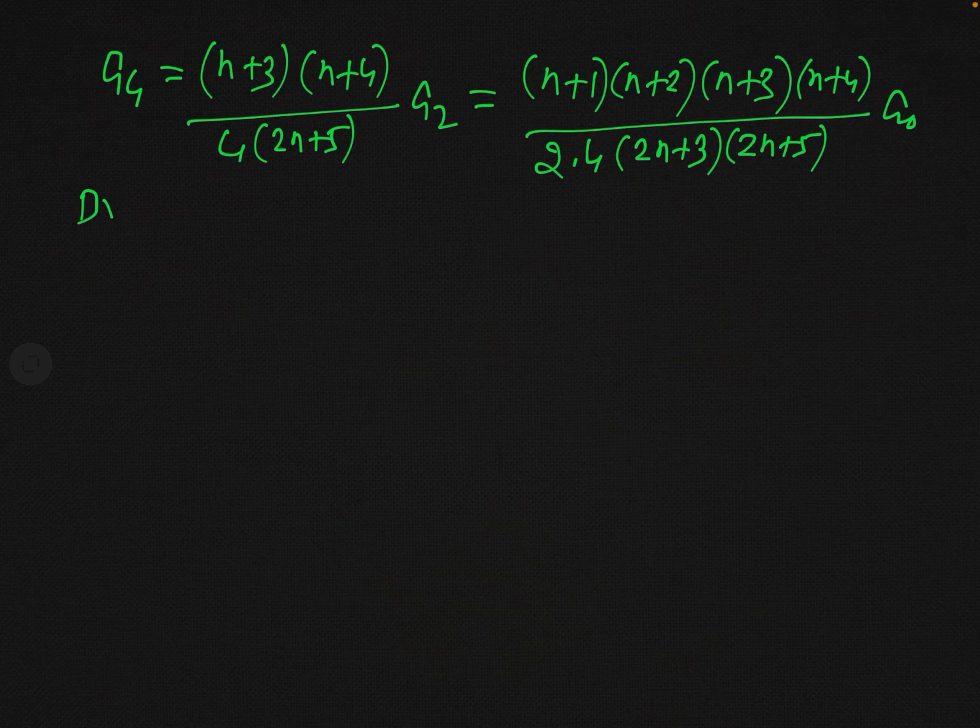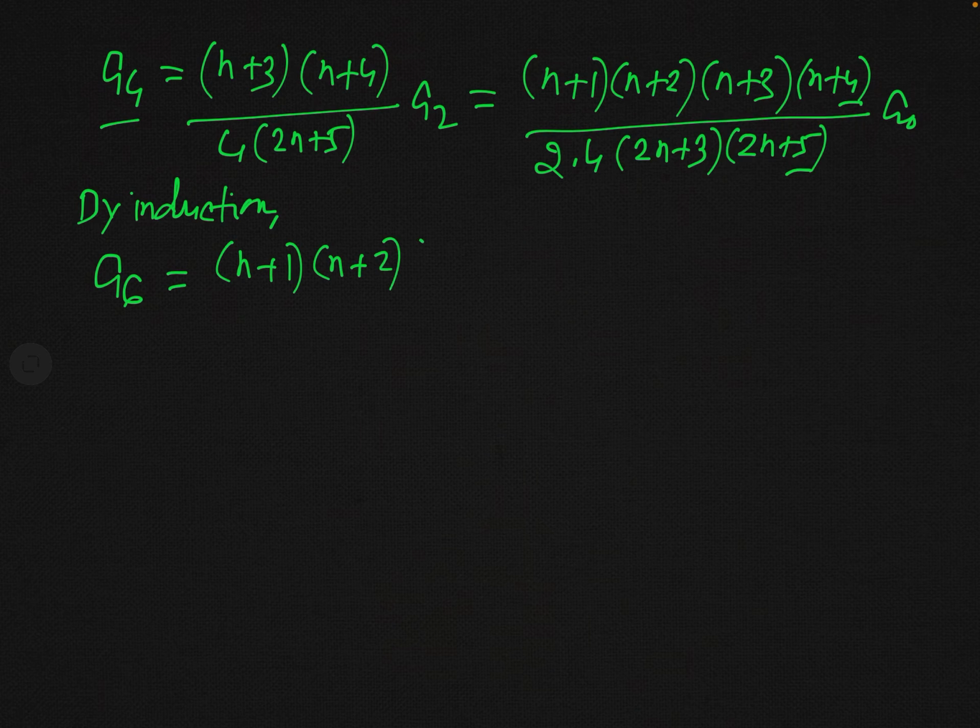And by induction you can write other coefficients. I am writing one of the coefficients by induction. There is no need to see the previous result. You can directly see this and write by induction. For example, if we want to write a6, what will we write? Look at this result. When we wrote a4, the last term in the numerator was n plus 4 and below it is 2n plus 5. So if we write a6, the last term will be n plus 6 and below it will be 2n plus 7.